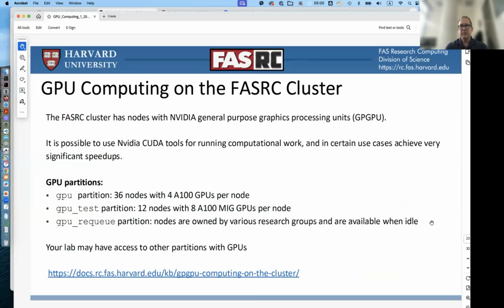So now I'm going to focus on how specifically to execute your GPU workflows on the cluster. We have compute nodes which have NVIDIA GPUs, and like I mentioned, we have A100 and H100 GPUs, which are one of the newest GPU cards available from NVIDIA. And the nodes on the cluster are organized in partitions, and the available GPU partitions that we have are the GPU partition, which has currently 36 nodes,